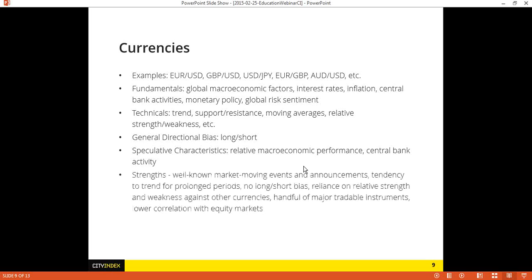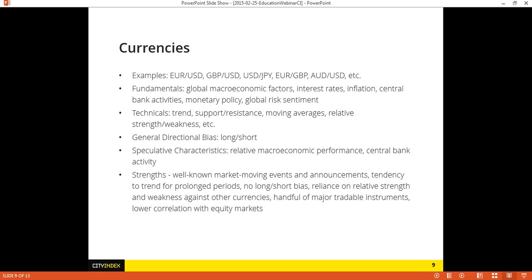The strengths of trading the currency markets: there are well-known market-moving events and announcements. Okay, so for example, we have the non-farm payrolls for the U.S. dollar that came out. That comes out in the beginning of every month, the first Friday of every month. And for example, just from the U.S. perspective, because I am in the U.S., we just came out with the Fed announcement, okay, and that moved the dollar somewhat as well. So those are well-known market-moving events and announcements that we could count on, and that we could actually look at to